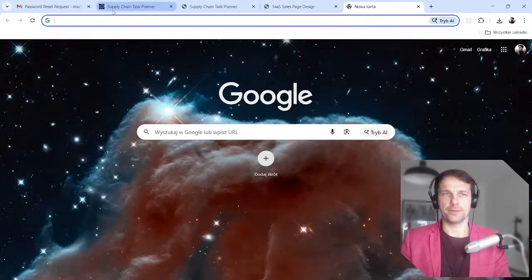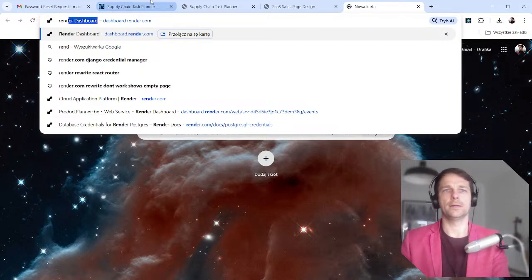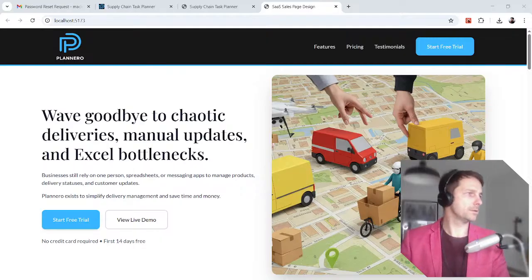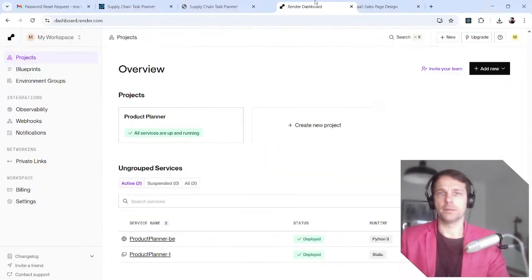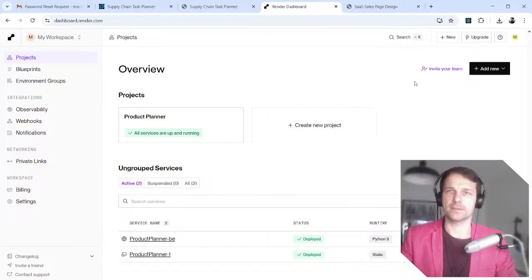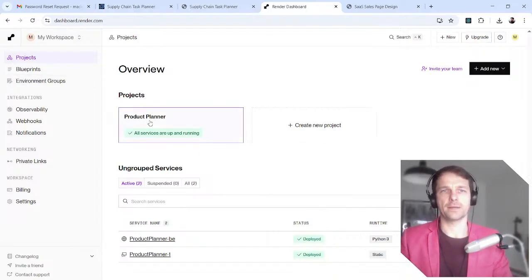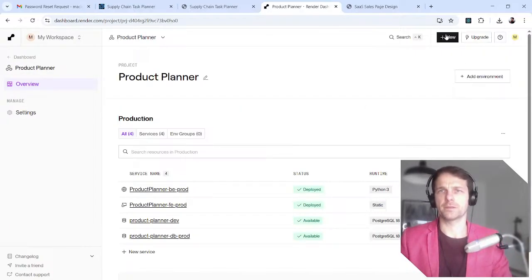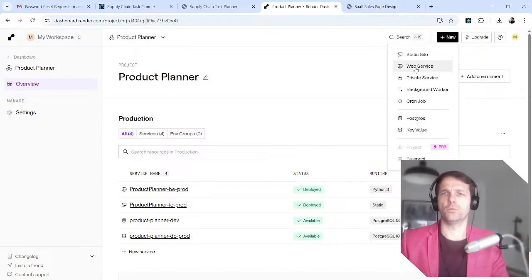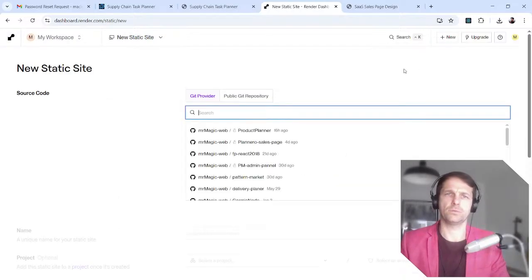So if I go to my Render, and I need to open it in a way so I don't show any secrets there. Render. And here in Render, if you ever played with it, it's really nice for publishing static sites. It's very easy to do it here. So here I've got my product planner. That's my project. And here I will create. Is there nothing good? Okay, nothing that would allow you to hack my website. Good. So we're going to do static site or web service. Static site. Yes, this is what we want to make.